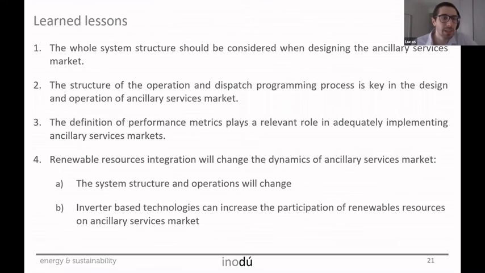On the other side, the capacity of inverter-based resources to participate in ancillary services will increase. There are new standards being defined on this matter, and Chile also already has some of these units providing primary and secondary frequency control. As a general thought, security considerations and the interaction with the electricity market are key